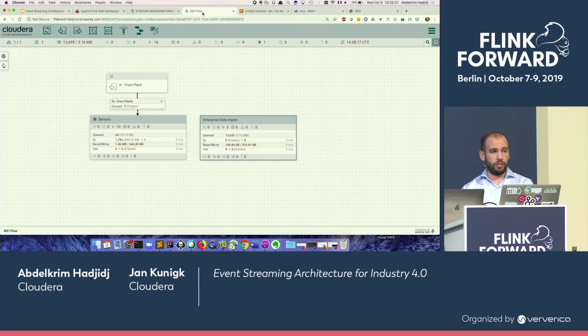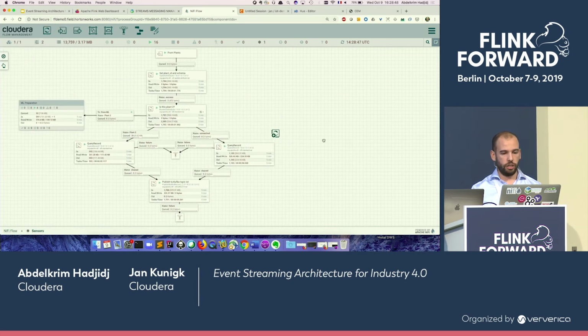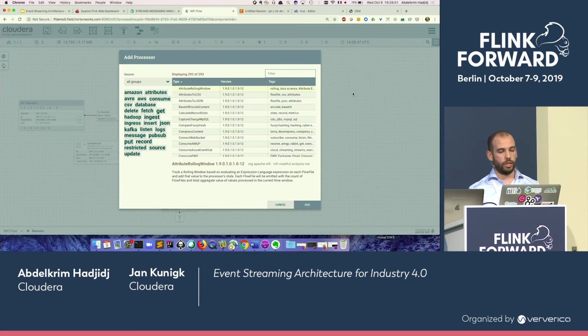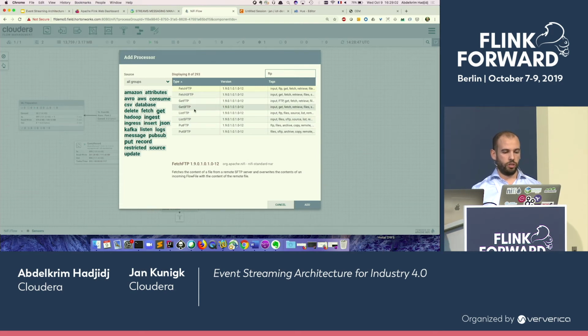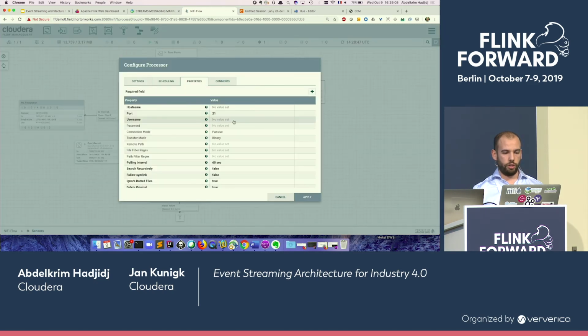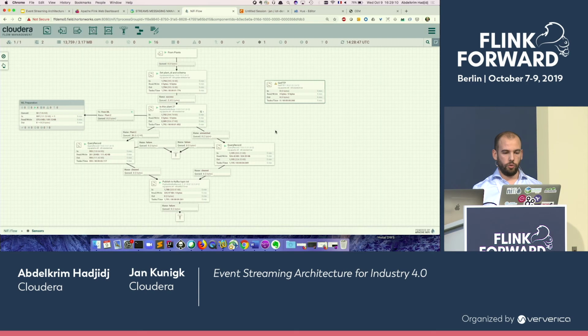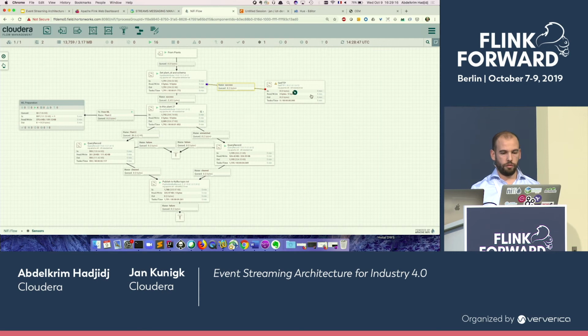Then we are in the data center or in the cloud. We are receiving this information from the plant through this input port, as you can see, and we are in the NiFi realm here. So what's NiFi? Actually, you have a set of processors, the connectors I was talking about, and you design your flow like this. Let's say you need to get some data from FTP, so you can look for FTP, and you have some processors, GetFTP, and then you can click on it and configure all the parameters. And then you connect it to other processors, and you build your flow like this.